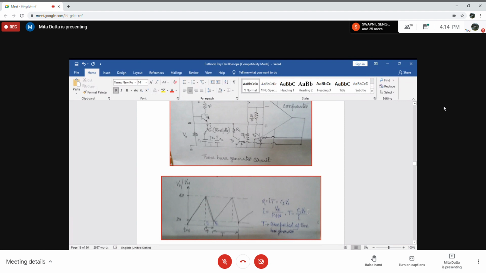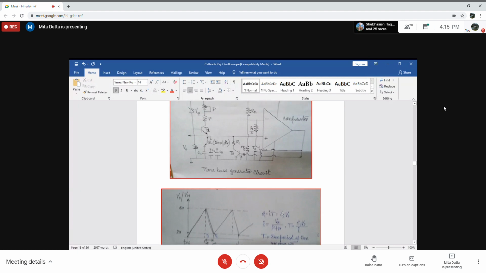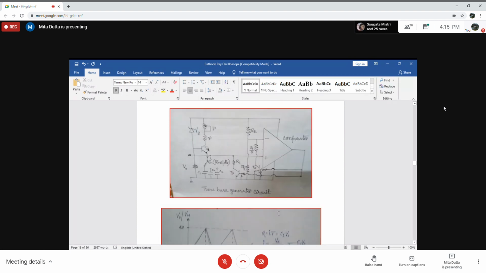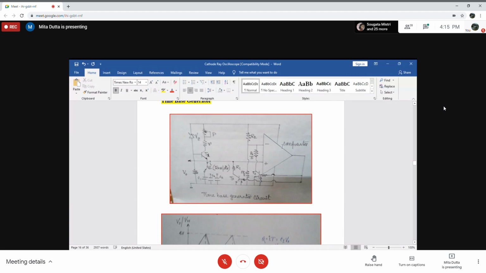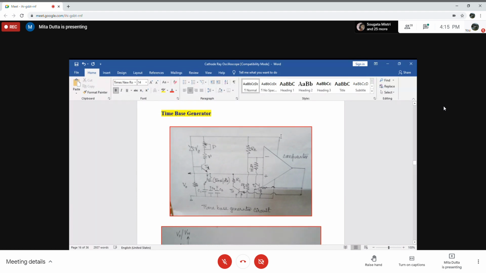C1 into V0, which is the output voltage. That is why the output voltage is proportional to time. Now let's see how the output voltage is proportional to time. Now here, when the op-amp supply will be on,